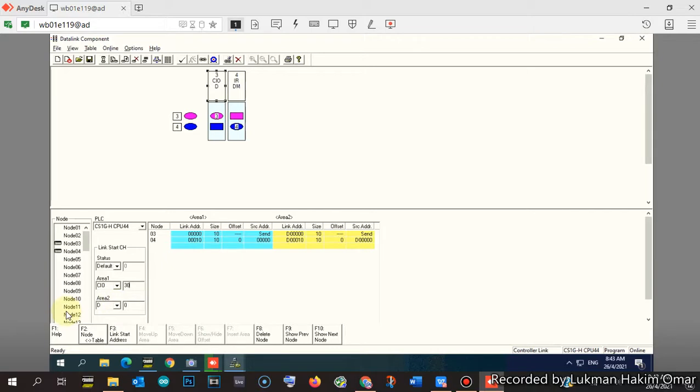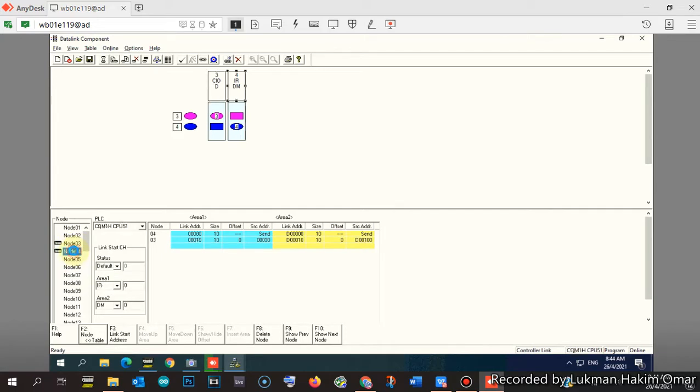Channel means you can transfer words, or you use analog input and output to transfer the information about analog input output. For area number 2, normally we use D, and the address is up to you. You can use D0, D10 or whatsoever. In my example, I use D100. Done for node number 3.